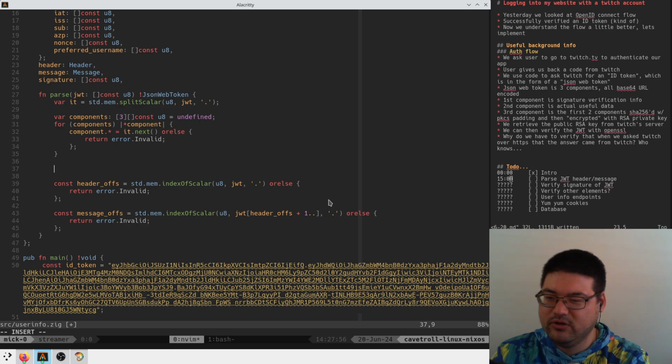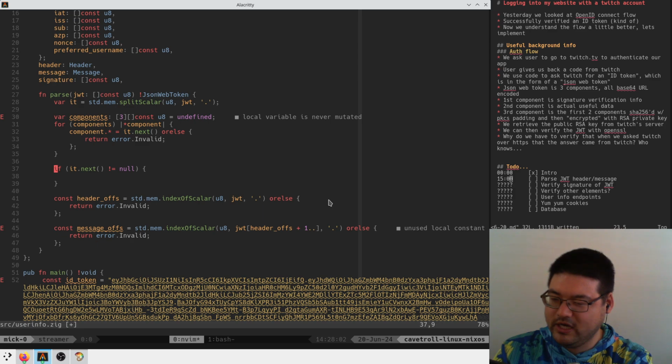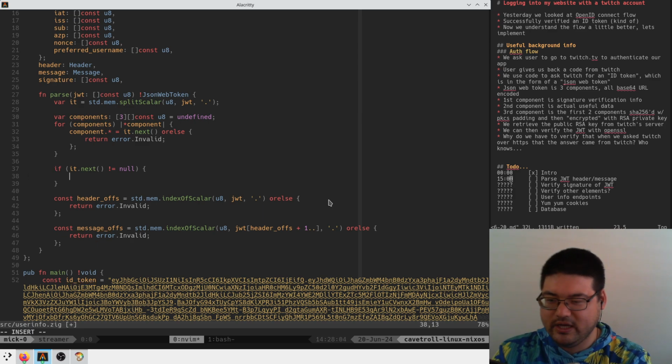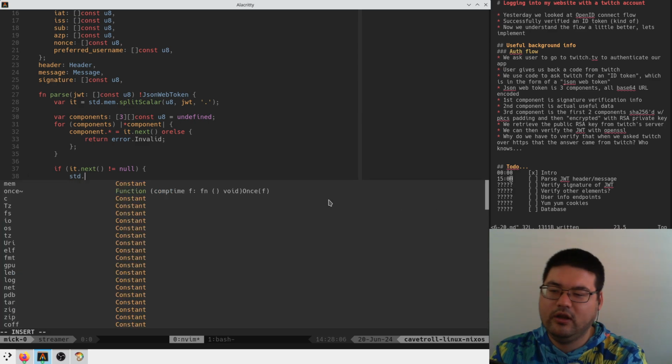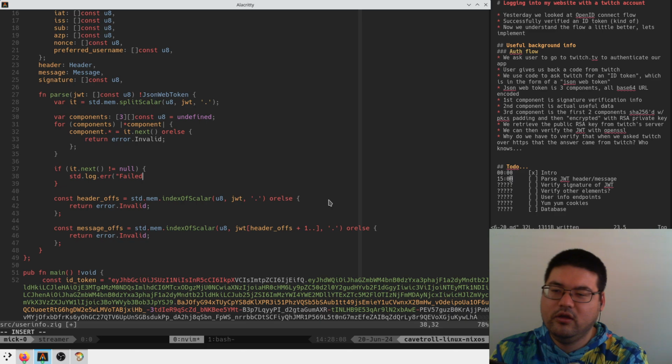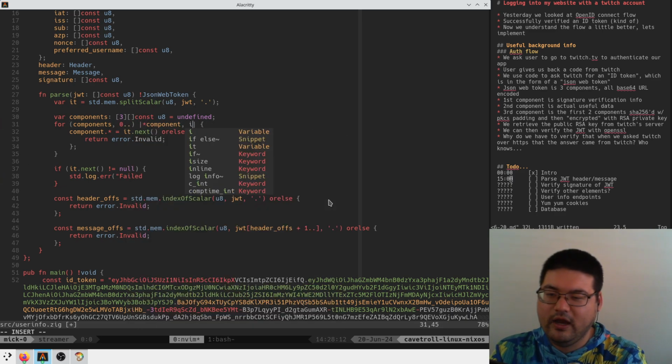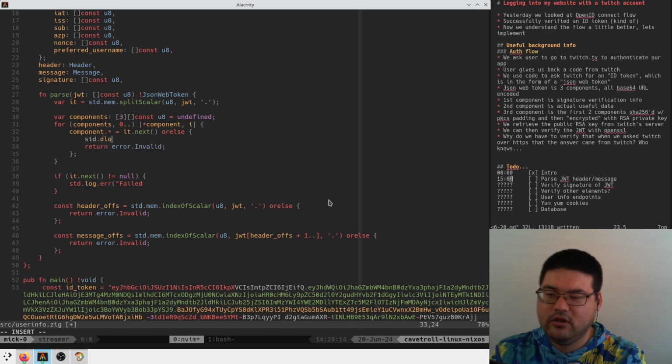And then here we can do it next. If it next is not equal to null, i.e. there's more data, there's a problem. So we'll say error std log error. I guess here we could do this. We could do 0 and take in I. And then we could say std log error